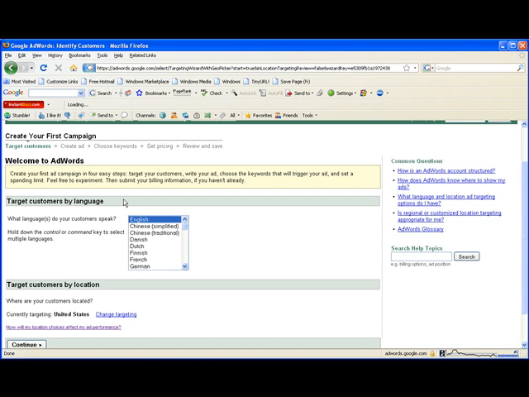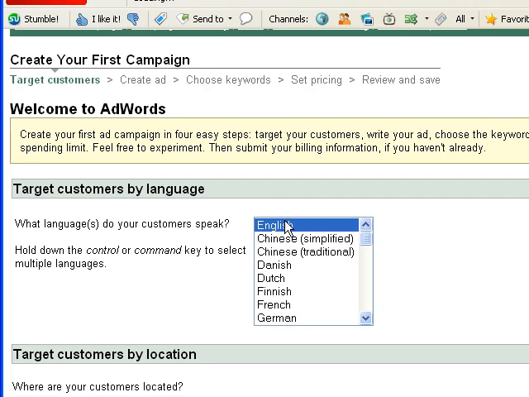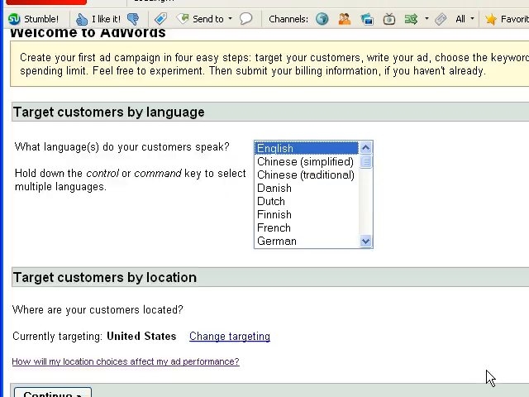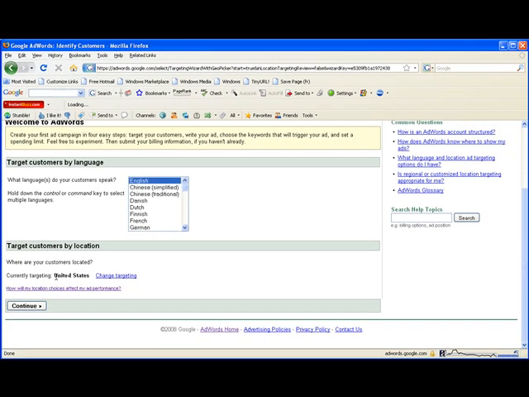Okay, you're going to set up some features of your campaign and really select where you want to advertise. So target customers by language. I like to use English. Target customers by location. It defaults to the United States, since I'm here in the United States, but if you click on change targeting,